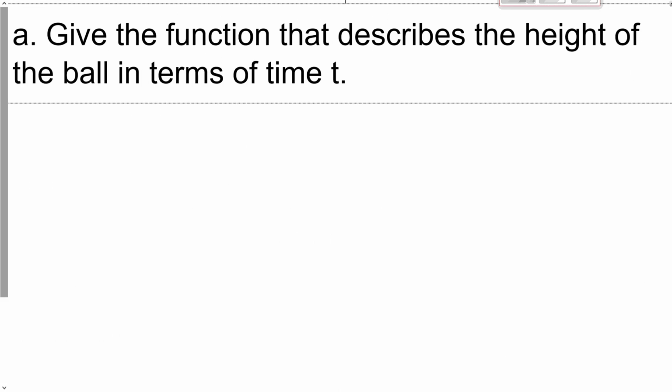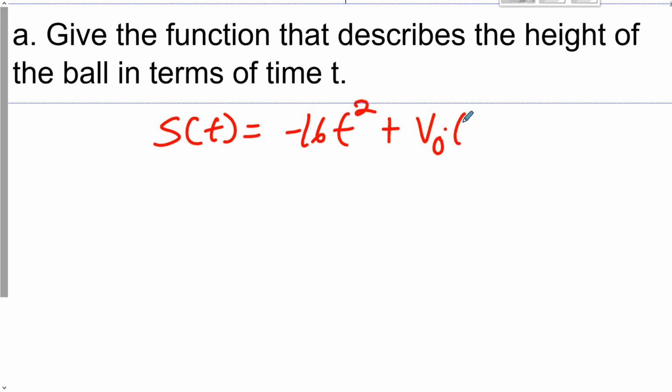So let's go ahead and start with giving the function that describes the height of the ball in terms of t. This is just asking for our equation. S of t is equal to negative 16, the gravitational force, right? That's what negative 16 is representing, t squared, and then plus our initial velocity times t, times our time,